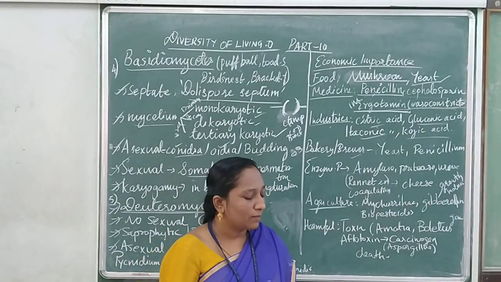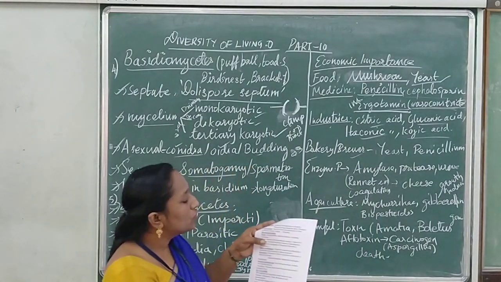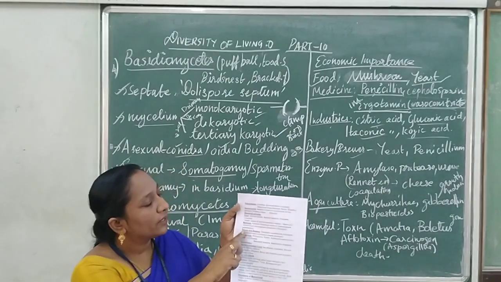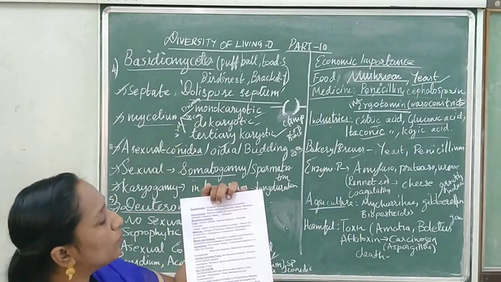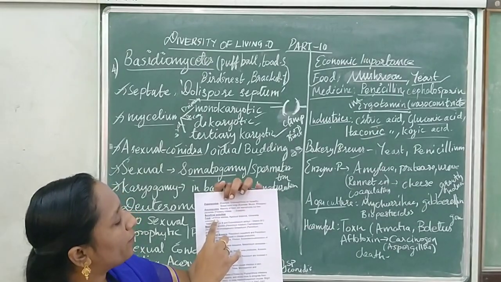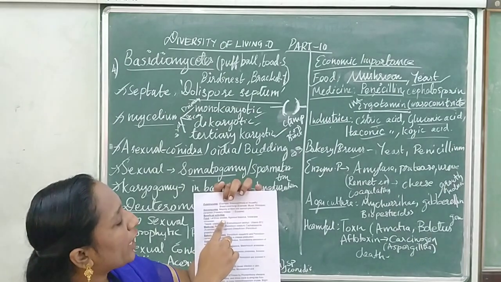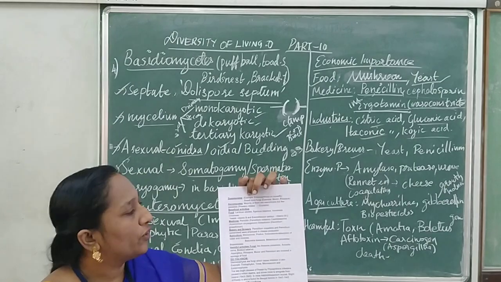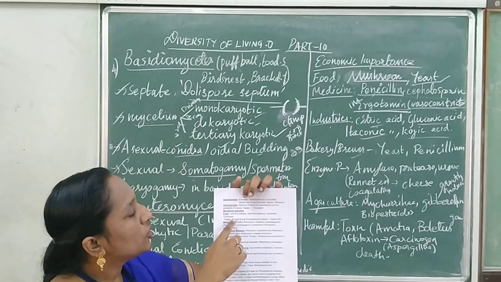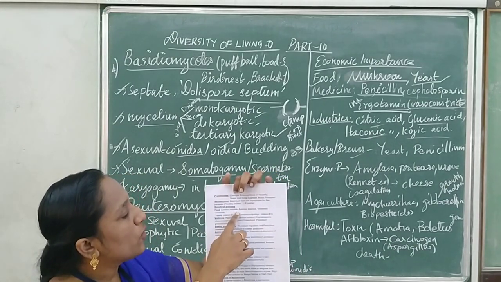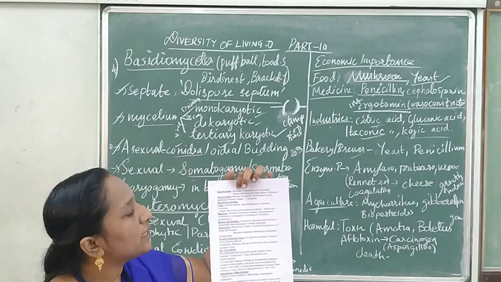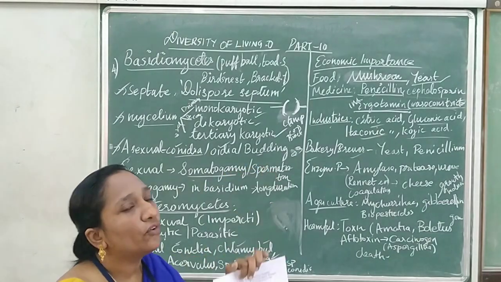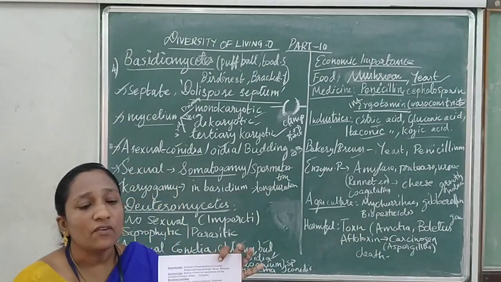So here there are some species which are useful for food. What is it? Lentinus. Check the book or refer to the page here. These are the varieties which are useful for food, for consumption: Lentinus edodes, Agaricus bisporus, and Volvariella volvacea. These are the edible varieties of fungi.